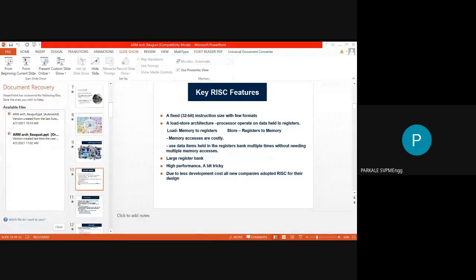So the first important feature is a fixed 32-bit instruction size with few formats. The second feature is a load store architecture. We have to understand what the load store architecture is and what its use is. The processor operates on data held in registers, which is also very important.